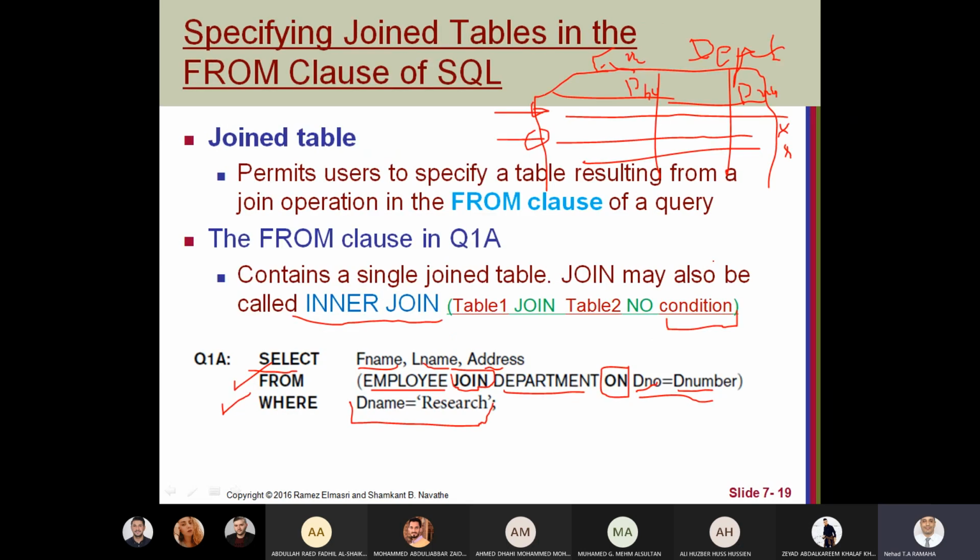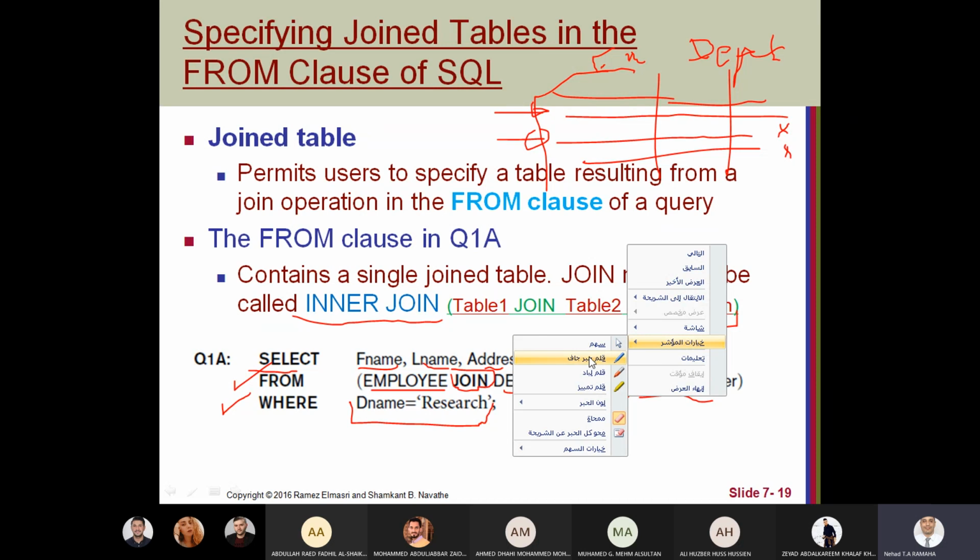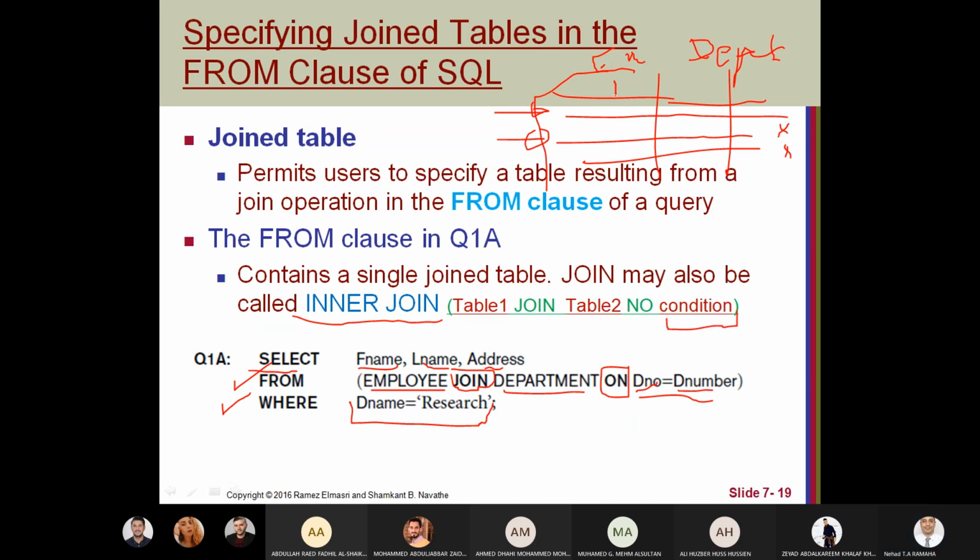So if we have D number here and in department the same name, for example, DNO for the employee and DNO for the department, in this way we don't need to mention the condition.